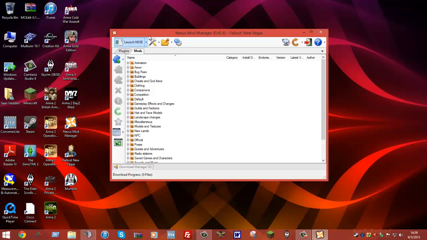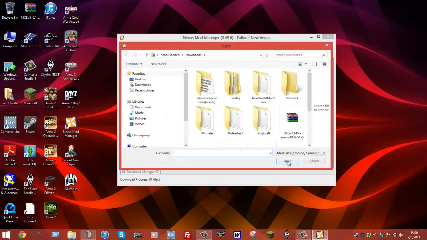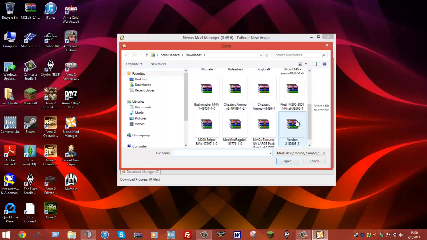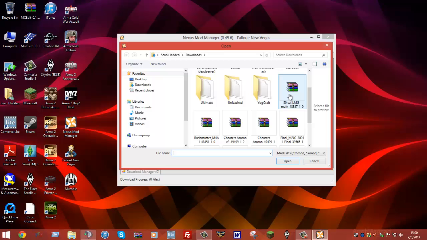And what you're going to do is click on your Nexus Mod Manager so it's highlighted, and you're going to hover above this. It says Add Mod from File. You just click on the little puzzle piece, and it should bring you into your recent downloads. Now here's all the mods that I've been downloading lately. All you do, open up this screen, click on that file, double click, single click, whatever your file preference is,